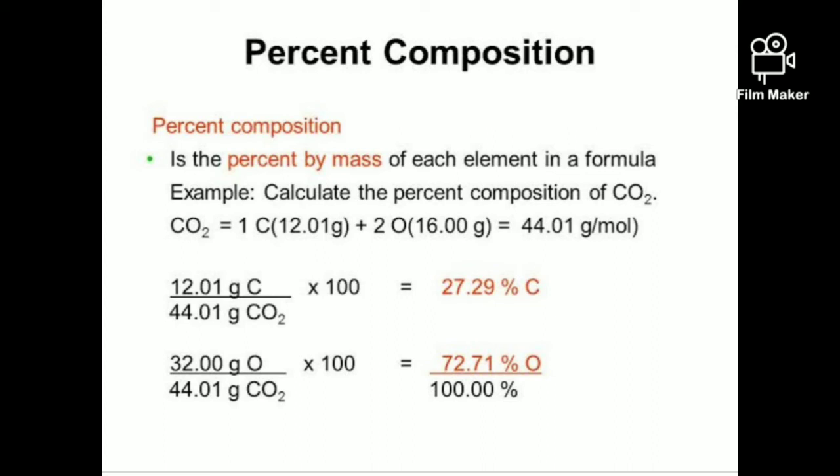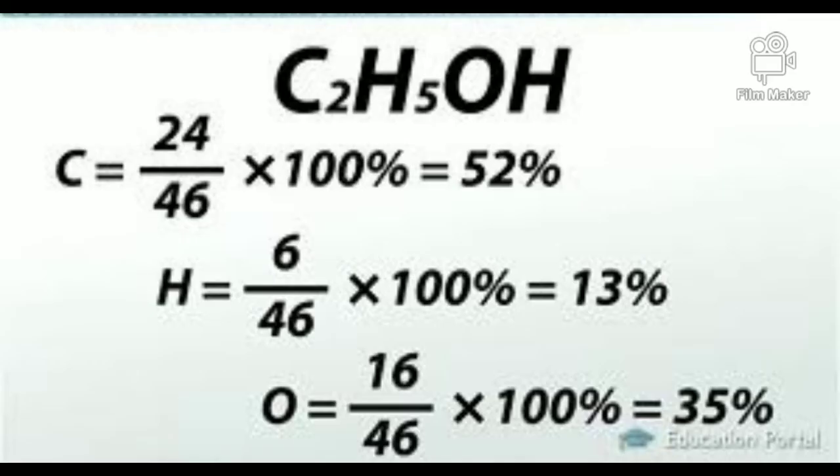After that, carbon and hydrogen. So last example is of ethanol, C2H5OH. So in this you have to find the percentage of carbon, hydrogen and oxygen. Okay, so this is all about the percentage composition. By applying a single formula you can calculate a percentage of different elements present in the compound.